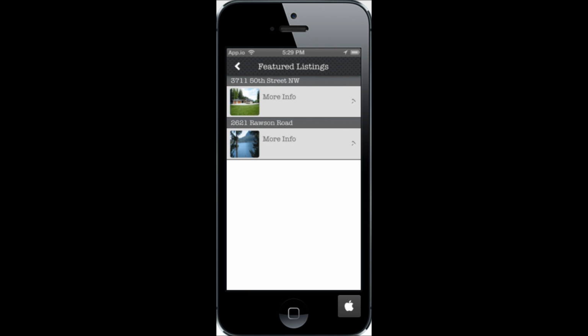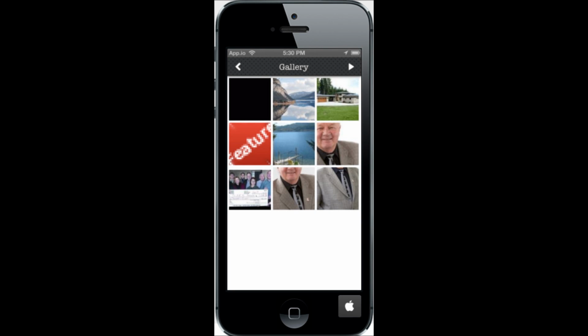Now the featured listings, what I've suggested here is that in addition to all the listings that Stephen has, you can always feature one or two or three or more listings here. So listings of the week, something like that, whereby you can simply showcase particular properties on which there's maybe a sudden urgency to move. Here is a gallery where various pictures can be posted of houses for sale, but I